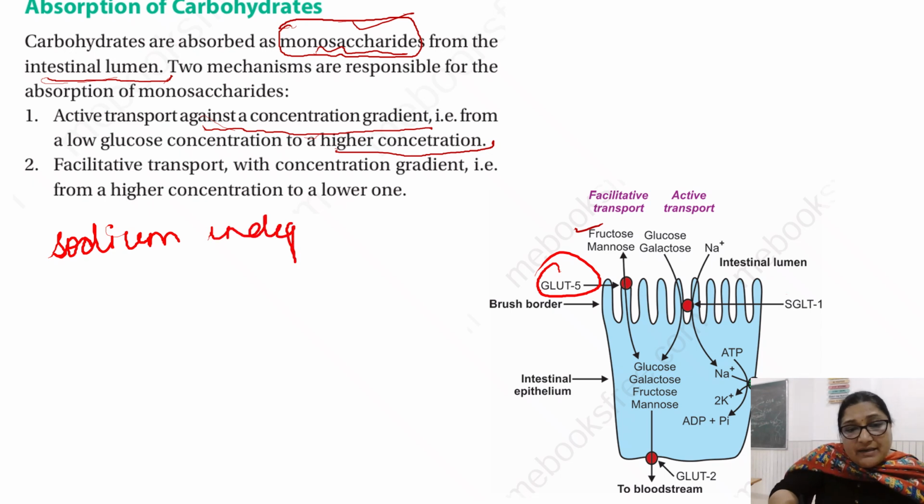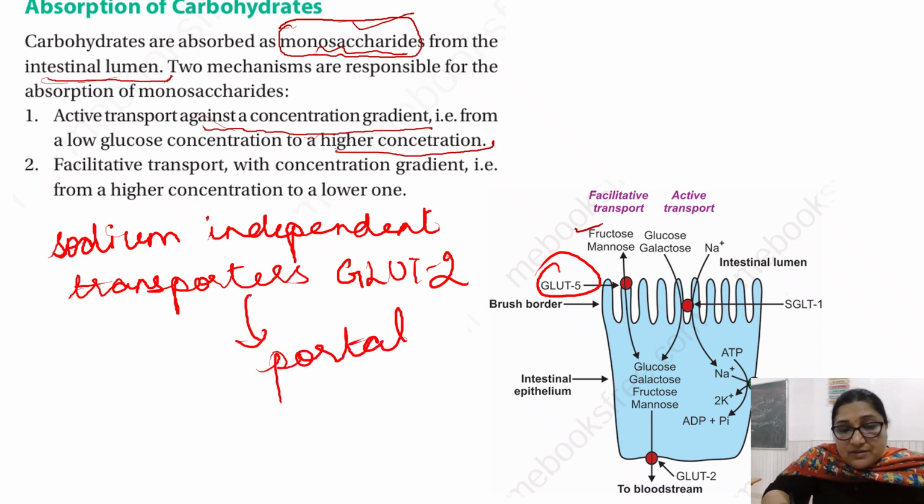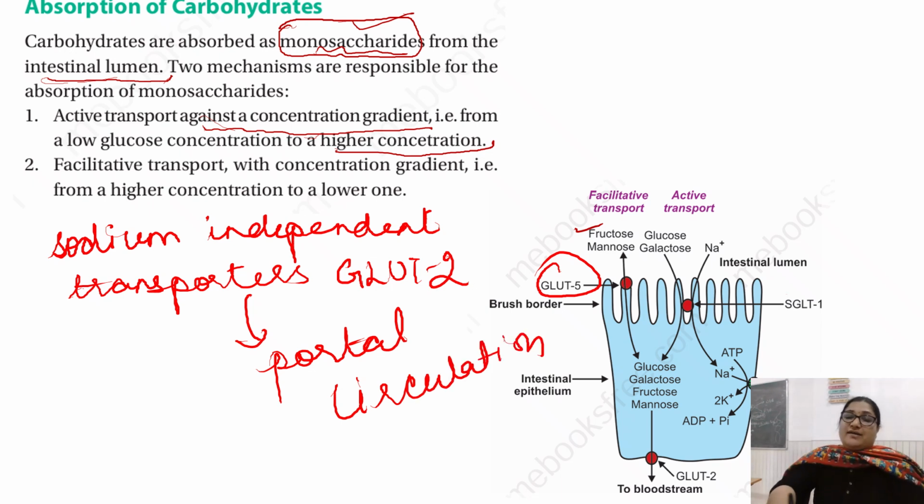Sodium independent transporters, such as we say the GLUT2. This is also helping in transporting the sugars out of the mucosal cell and entering the portal circulation. Portal circulation. Now, when the carbohydrates, the monosaccharides, enter into the circulation,